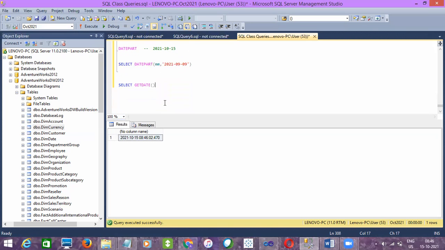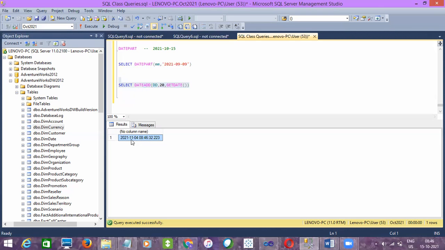Now there is a scenario where you need to add 30 days to it, or 10 days, right? How to add that? DATEADD of day, comma 20, right? So this is the syntax to add 20 days to the existing date. So it will give the date value after 20 days, all right?